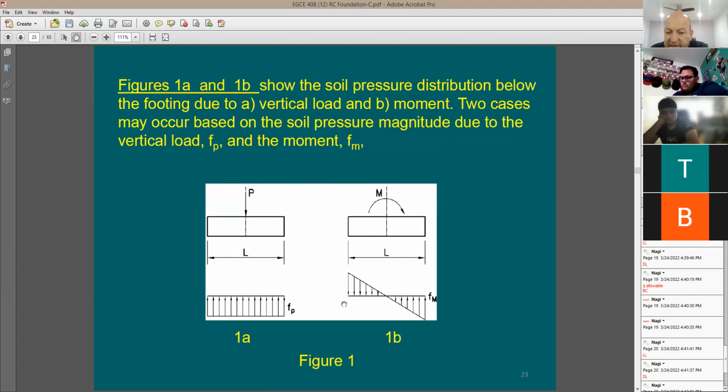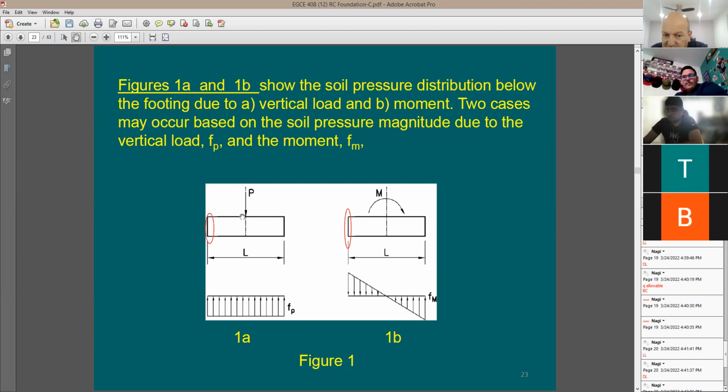If the amount of stress, because look at this, this stress here is going to be added to this stress here. So on the right side, the effect coming from the axial load and the effect coming from the moment, the stress on the right side is going to be F sub M plus F sub P. Why is it going to be additive? Because this here is compression, and this here is going to be compression. But when it goes to the left side of the footing, which means this side, and which is the same as this side,